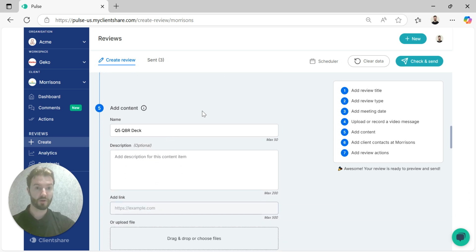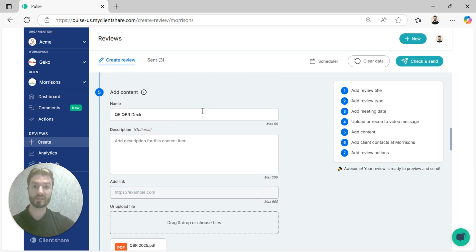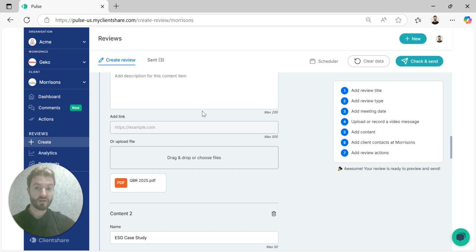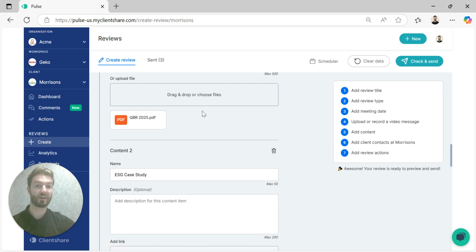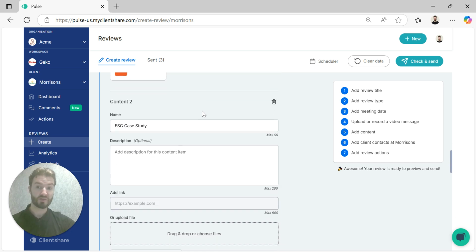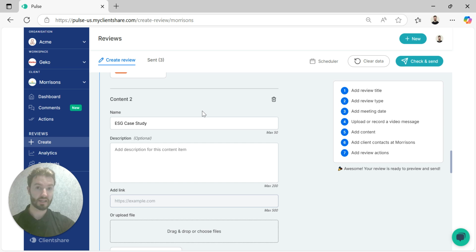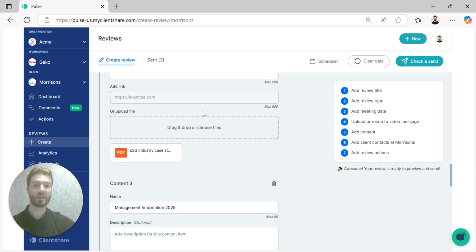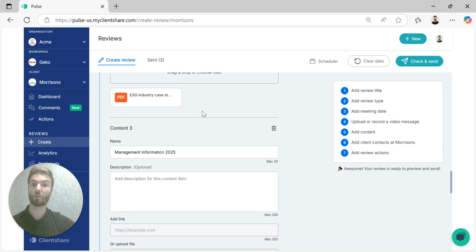That then brings us on to step 5, which is deciding on what content you want to add to the review. Now, in most cases, you might consider adding the deck that was presented, but you can also add information that you know will be valuable from your client's perspective. So you might consider uploading some recent case studies, some ESG messaging, as well as management information or recent case